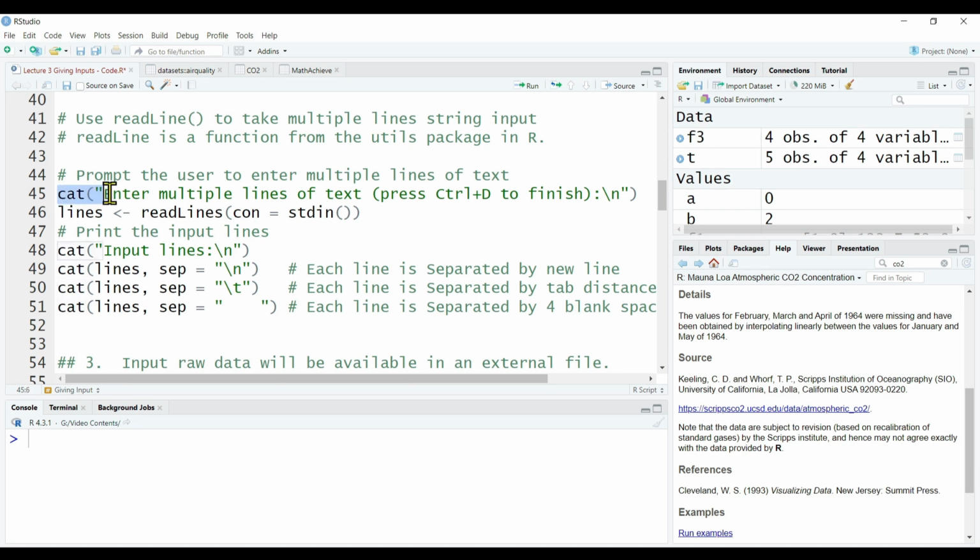The code here: cat, enter multiple lines of text, and then one message is given, press Ctrl+D to finish. That means when you finish all your inputs, you have to stop taking input. In that case, just press Ctrl+D. Then readLines is a function that will receive all the inputs given from standard input, that is our keyboard, and it will store them in the variable lines. And then we have printed in different options, like